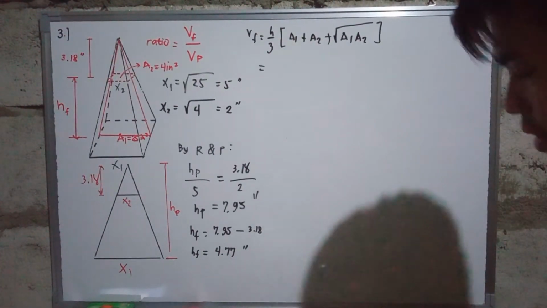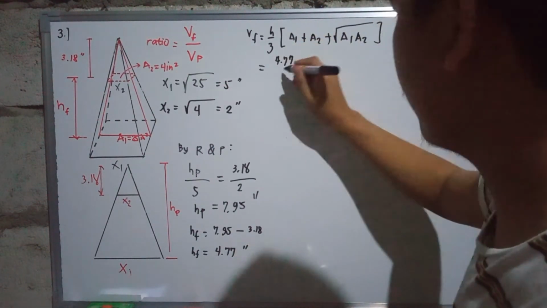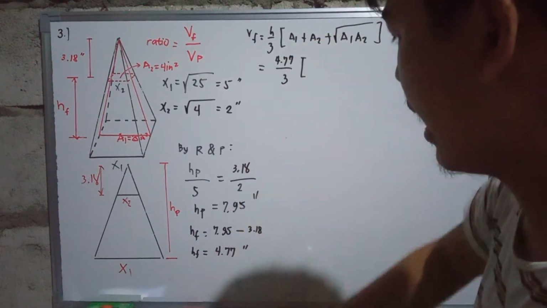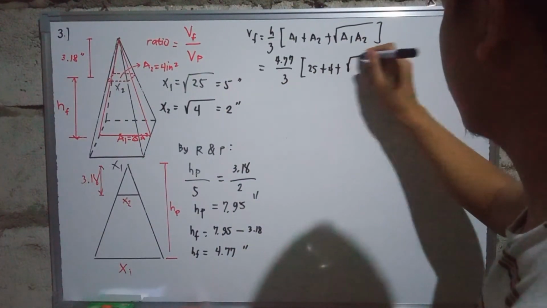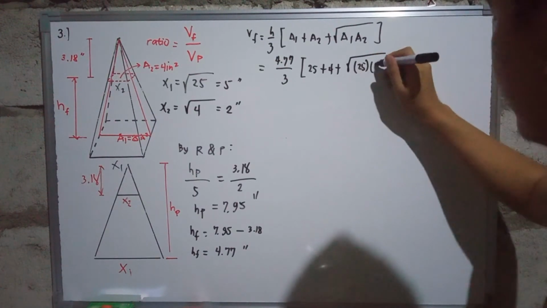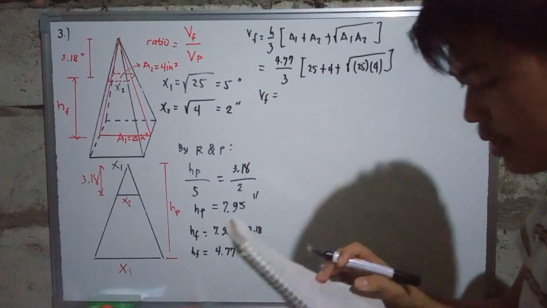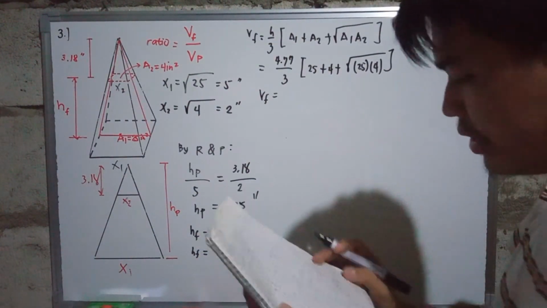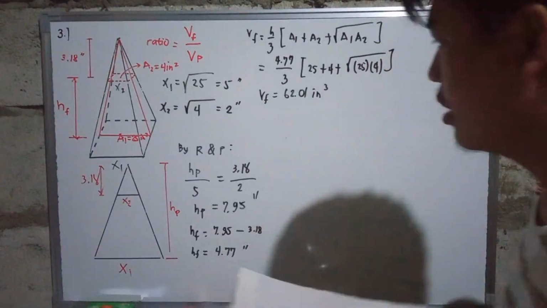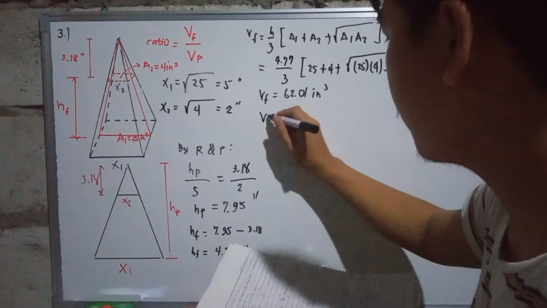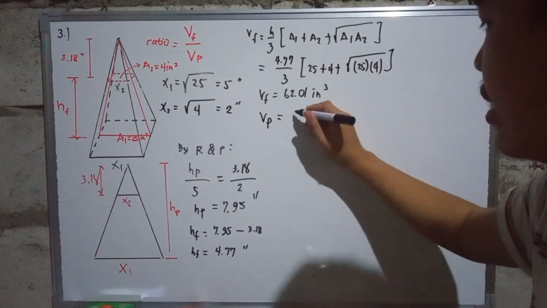So, the volume of our frustum will now equal to 4.77 all over 3 multiplied by a sub 1 is 25 plus 4 plus 25 multiplied by 4. So, V sub F is now equal to 62.01 cubic inch. So, para makuha naman natin yung volume ng pyramid natin, kung i-recall natin siya, so that will be